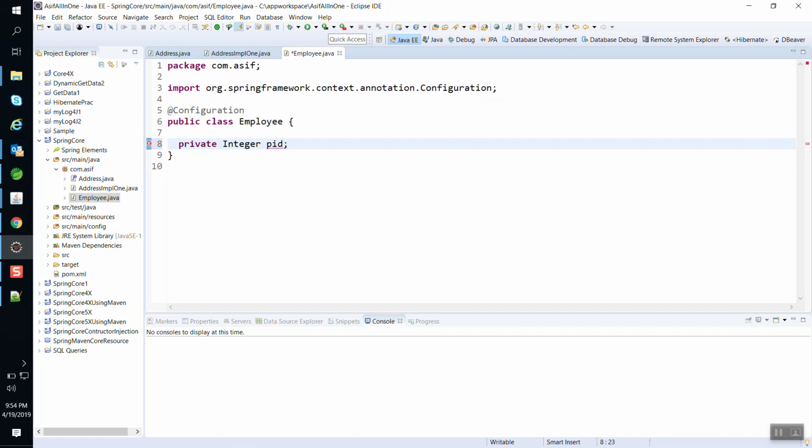PID. I'm going to say EMP ID. Okay. Now create one more variable. It's EMP name. Okay, and so let me add